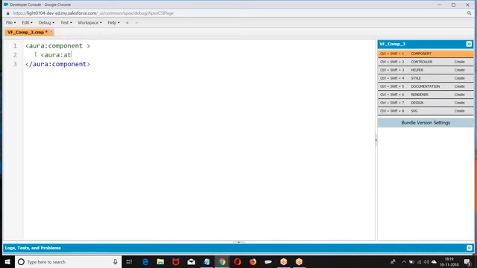We can apply the LDA services and everything. It is a component, so we can apply attributes. Okay, we can apply everything you want.